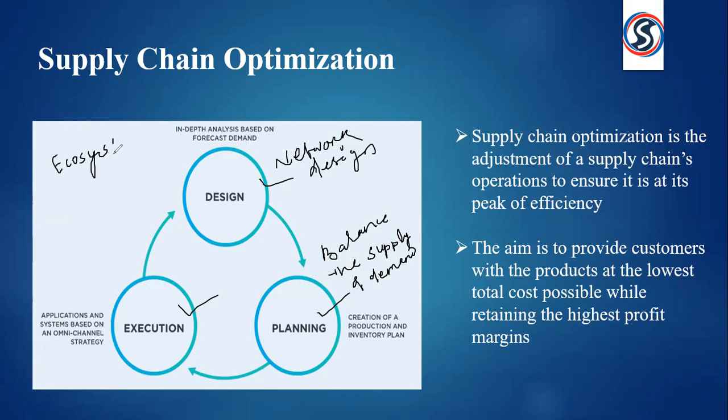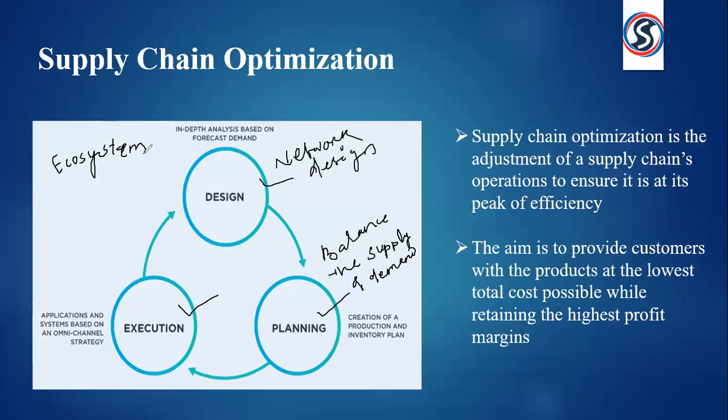Okay. This process is nothing but what we call an ecosystem. As this ecosystem grows, so do the risk and the uncertainty associated with the activities across the supply chain. The factors that affect the performance may be internal or external. They could be competition driven or environmental.